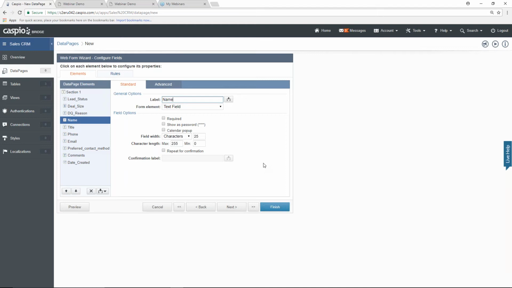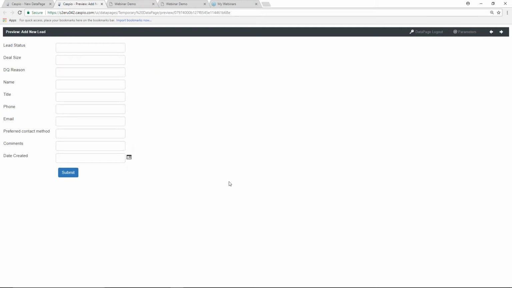If you want to see what the form looks like at this point, you can always click on the Preview button, and here's what the form looks like. It's a very basic form. We haven't really manipulated any of the fields. I am going to show you how to create drop-downs, radio buttons, so you'll see how that's done in a couple of minutes. But I do want to point out that when it comes to building forms in Caspio,